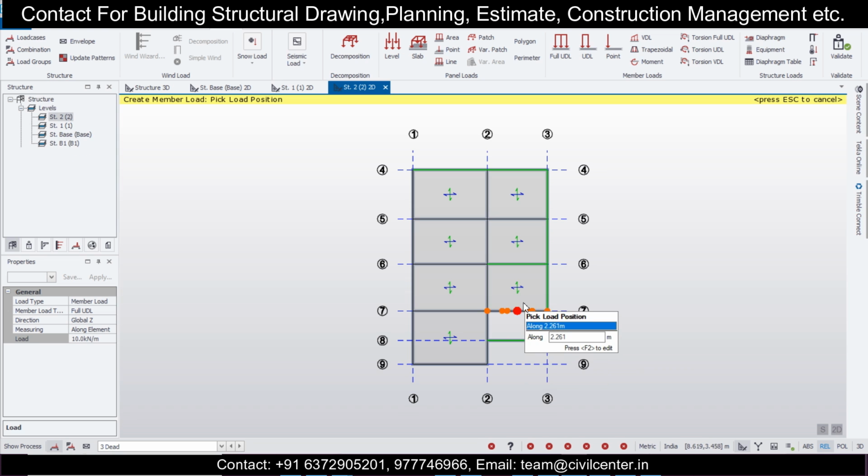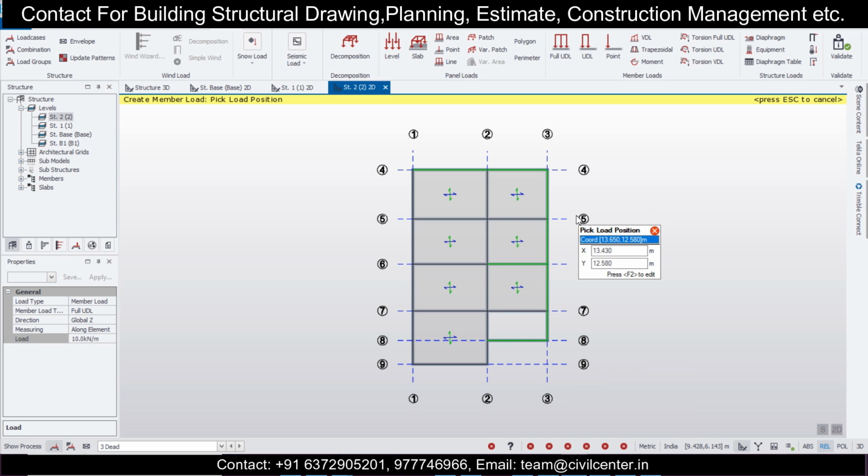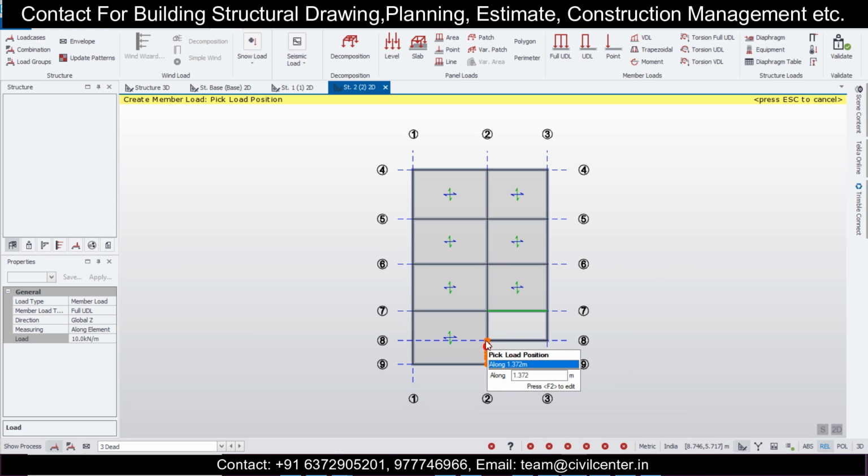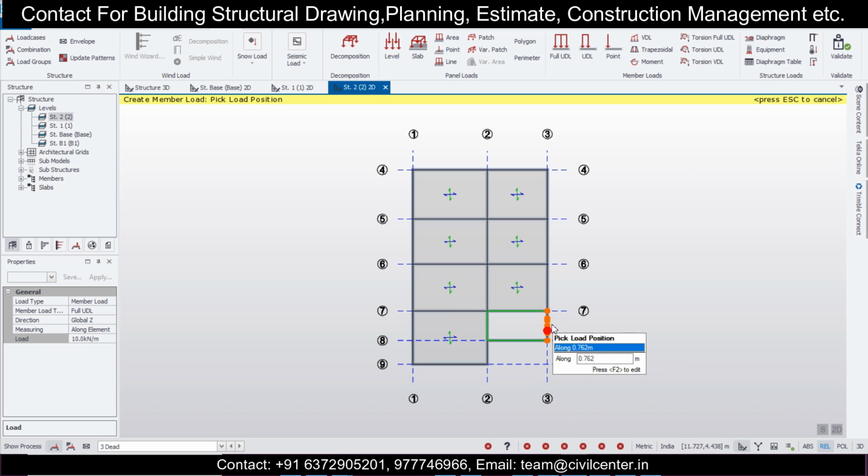So this is the terrace portion, that's what I'm trying to say. This is the terrace portion. In this there will be the load of the parapet wall only, and the 10 kilonewton we can apply along the staircase because there will be headroom, and along the parapet wall portion, where there will be a wall along the boundary for safety purposes. It is called the parapet wall along the terrace.